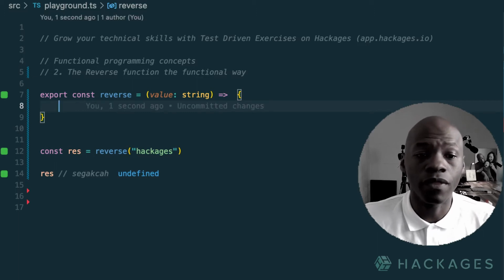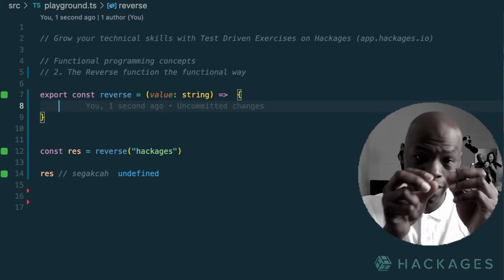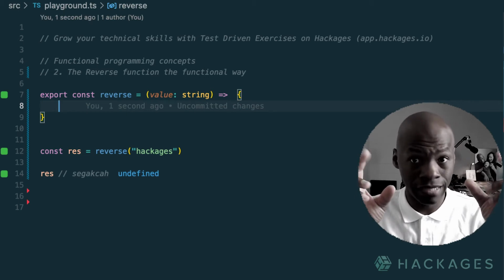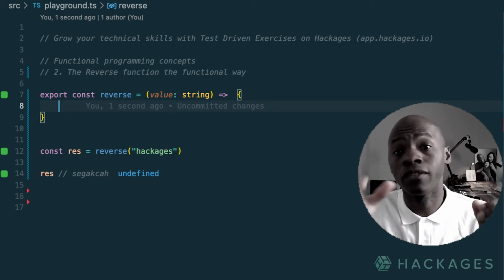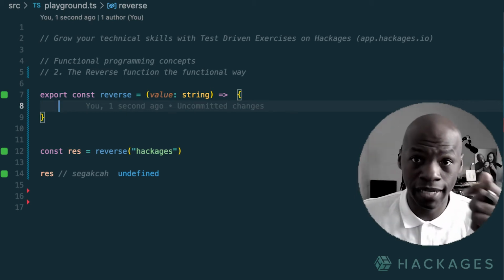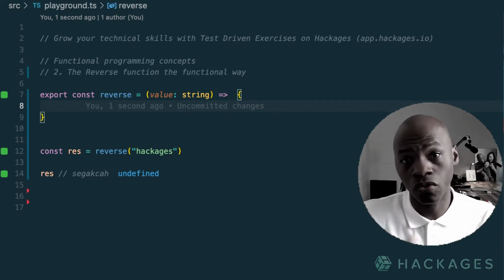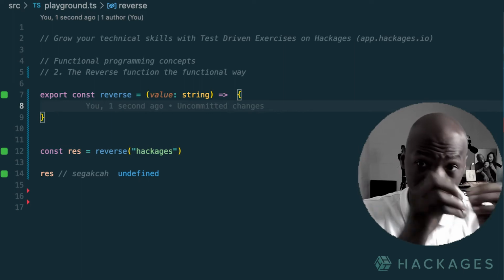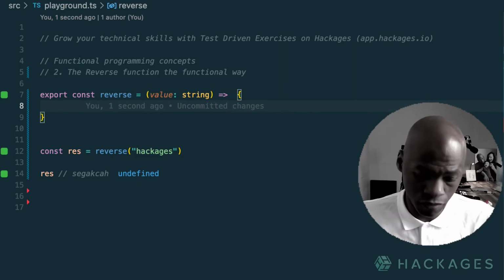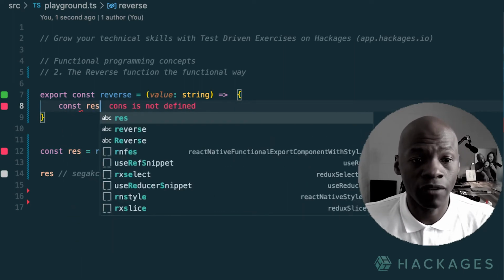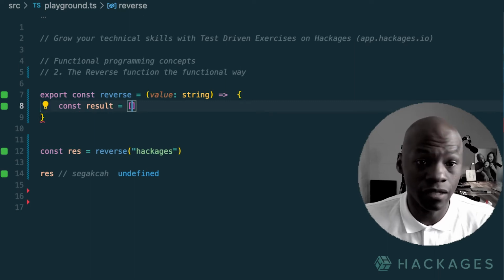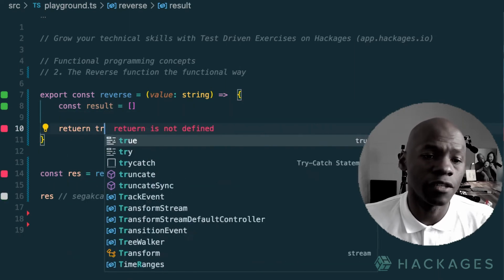So the first thing we're going to do is, a string is array-like. You can loop through it. You can access each of the elements by their position in the array, right? So the easy part is just to loop through it in reverse and then store each of the elements in a new array, right? So we're just going to have a result here, which is, let's say, an array, and then return that